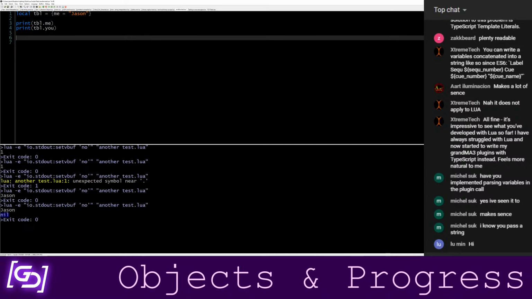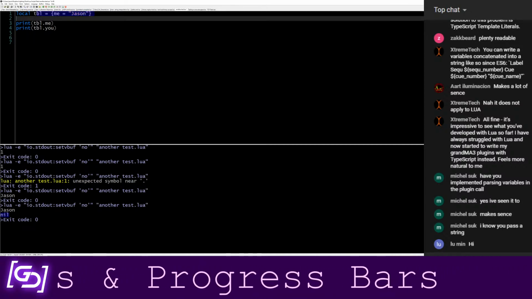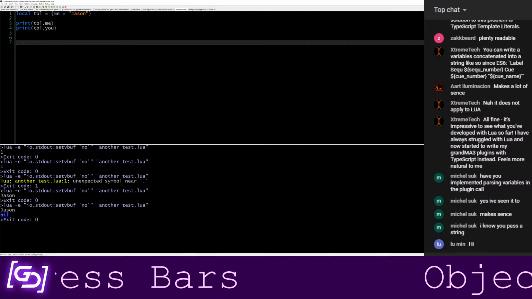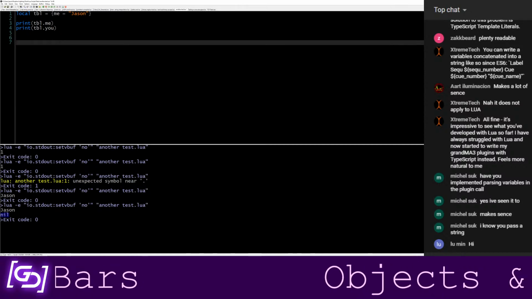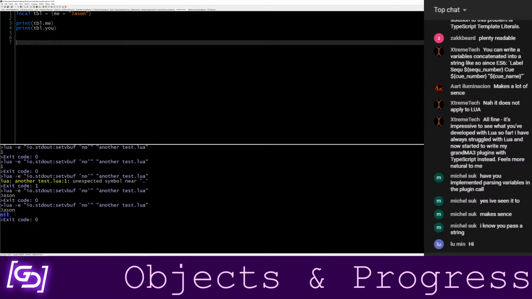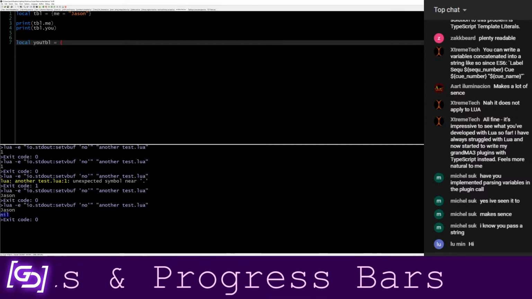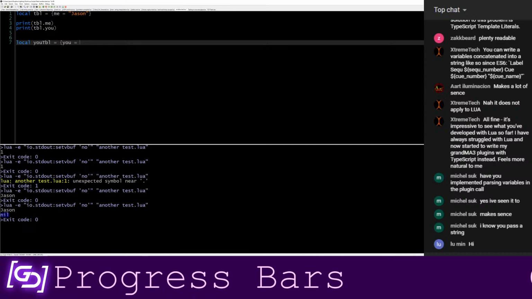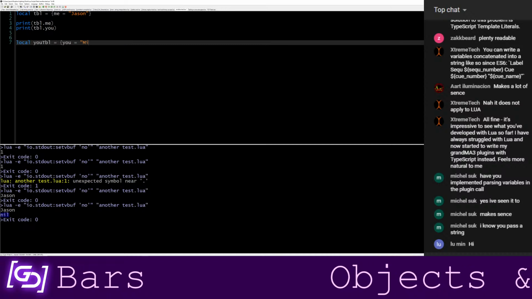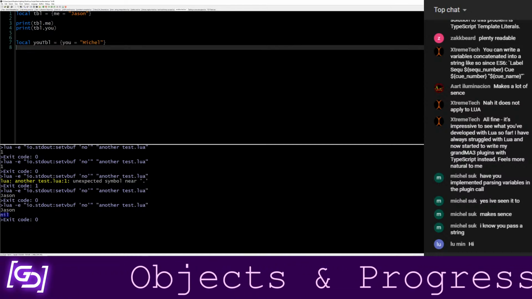Now basically it's going to check the meta table. In this case, it's just whatever shows up by default and say, okay, what do we do since u doesn't exist? And right now that's not defined. But I could say, u table equals, and we'll just say u equals, oh, I don't know, who wants to be in this? Michael, you're up.